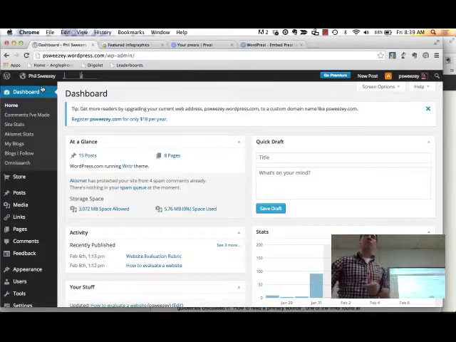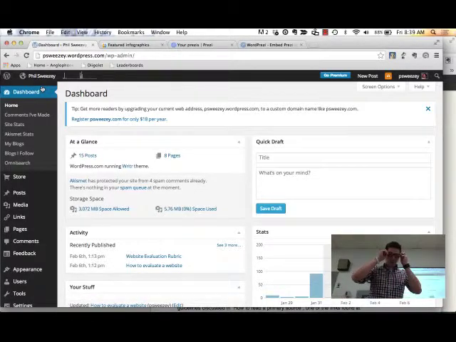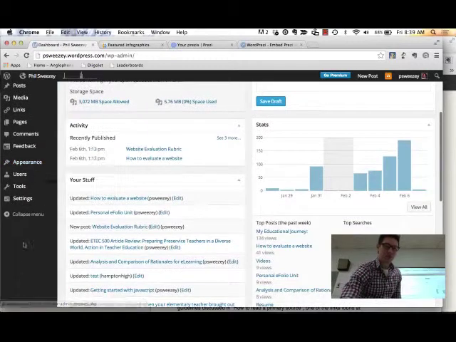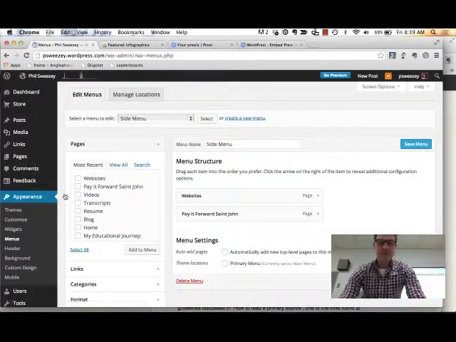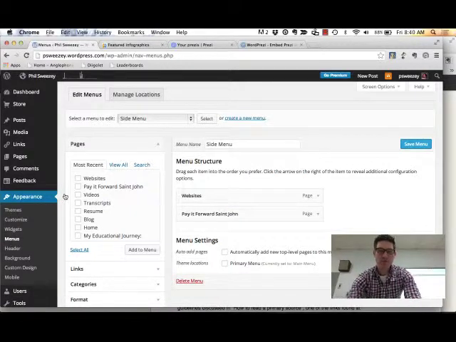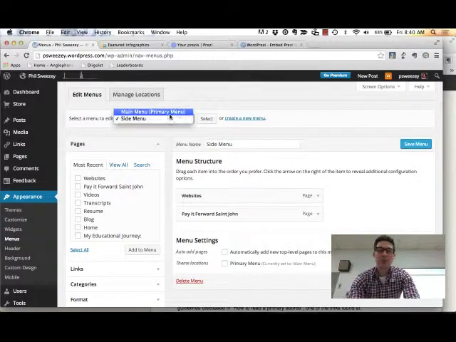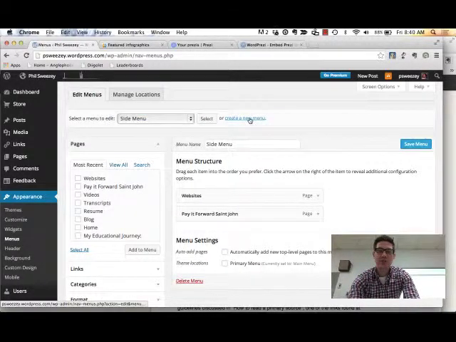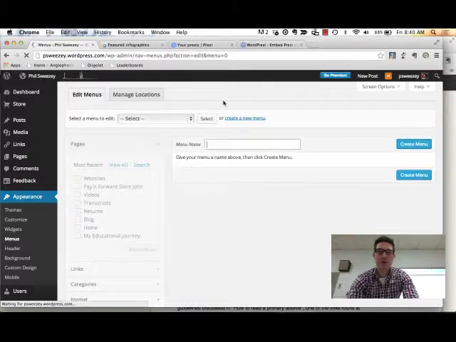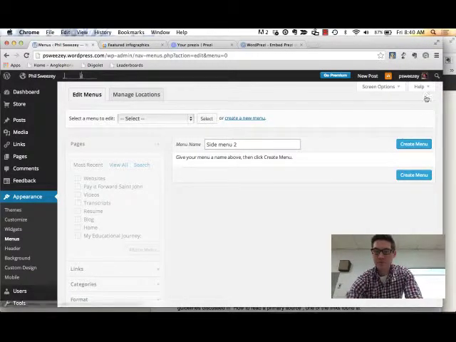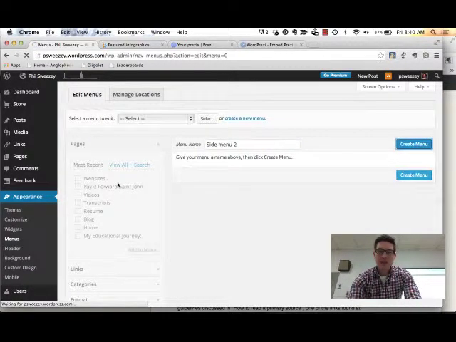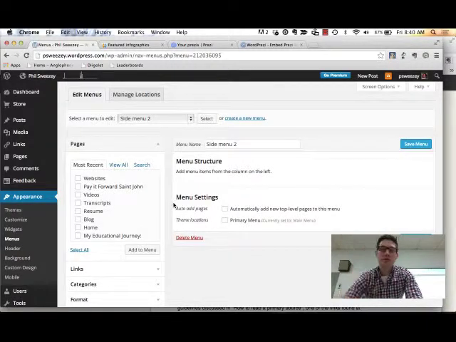And you can create more than one menu, and I'll show you why that's a good idea a little bit later. So if I come down and go to Appearance and go to Menus, I can choose from the two menus that I've created so far, or I can create a new menu by just hitting Create a New Menu, which is right up here at the top. I can call this Side Menu 2. Create that,